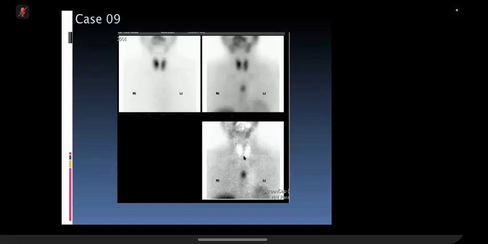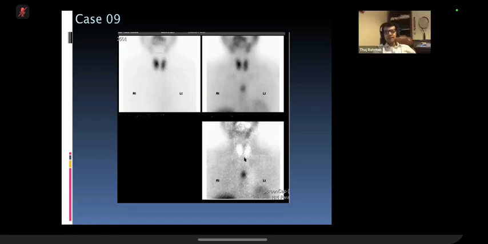So a few centimeters more inferior to the thyroid, focus of thyroid uptake. Yeah, it's in the chest, isn't it? So that's the neck. Yeah, that's the neck, and this is actually in the chest. So that's an ectopic parathyroid adenoma. That's the liver, you're seeing part of the liver uptake, and part of the heart. So that's an ectopic parathyroid adenoma, and the study is